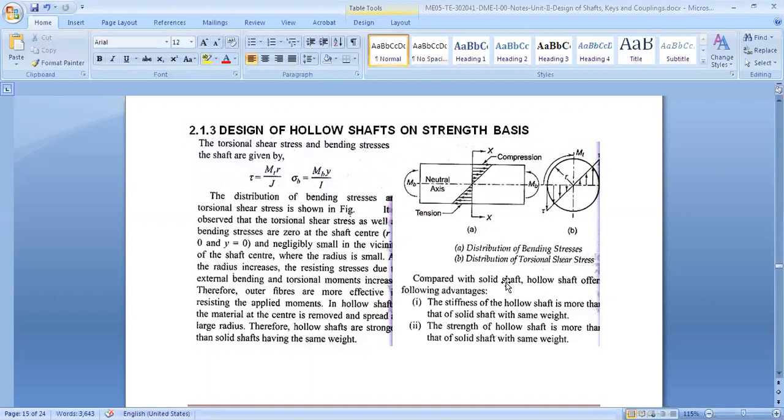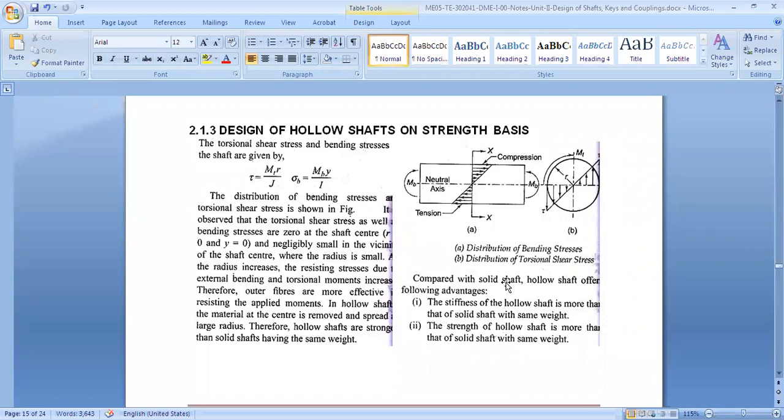Our basic main target is to reduce the weight. But with the same weight, I can have a larger diameter shaft, which means the shaft can take more stress. Let me repeat. Say my shaft has to be 1 kilogram; it should not exceed 1 kilogram. So for the same weight,